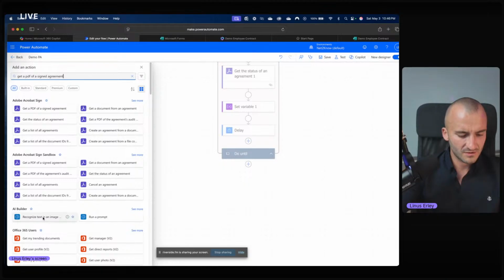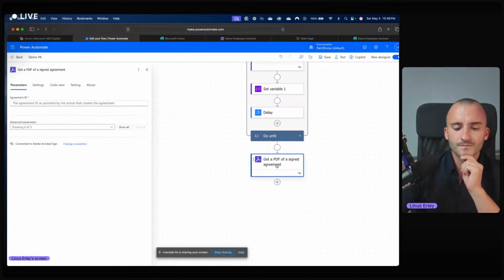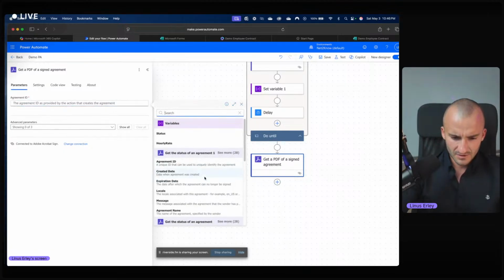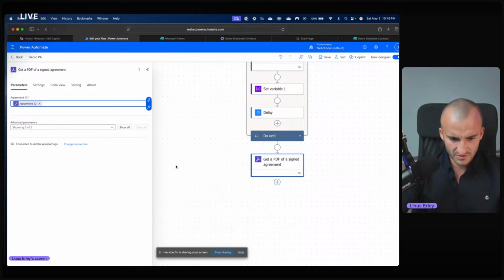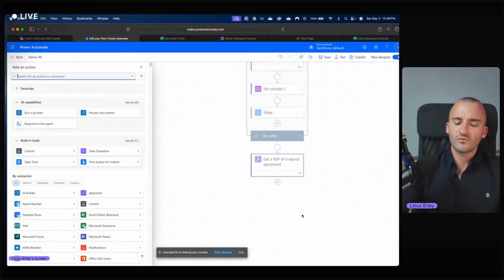Get a PDF of a signed agreement. If I select Sandbox one more time, I'm going to freak out. Get a PDF of a signed agreement. Here, I'm going to select the agreement ID. I'm going to select that from here. Get the status of an agreement, agreement ID. And that's basically it. Now, before I move on, I do apparently now have the PDF, but